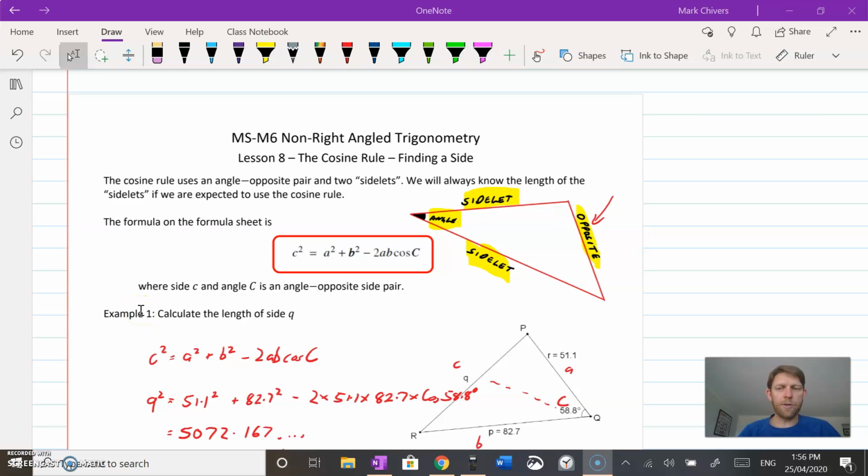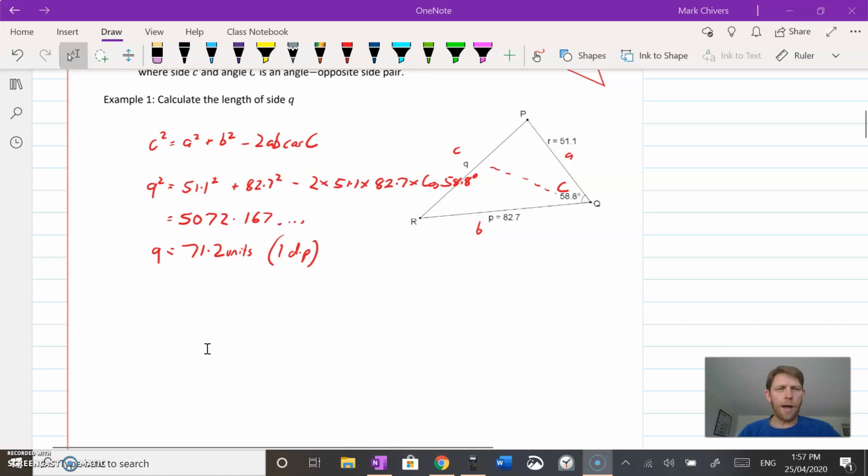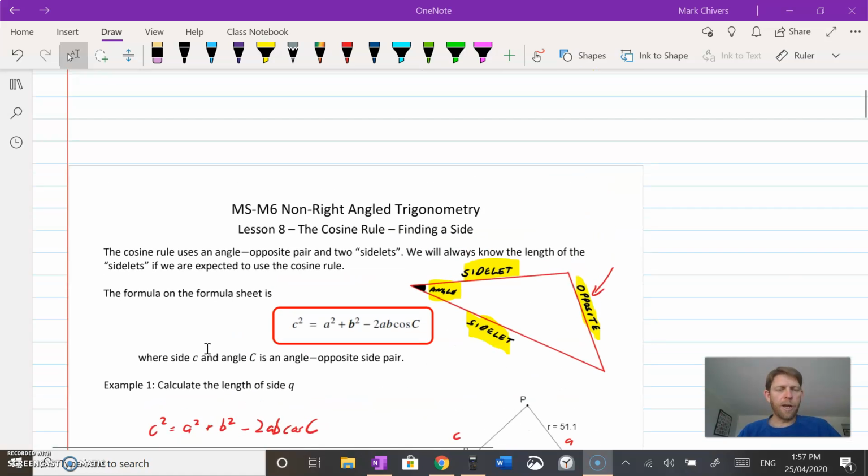Okay, so this is my final installment in this series of providing you the proof of these trigonometric rules. So we've already done the sine rule and the area of a triangle rule. This is the cosine rule. So this one is a step up from the explanations that we did for the sine rule and the area